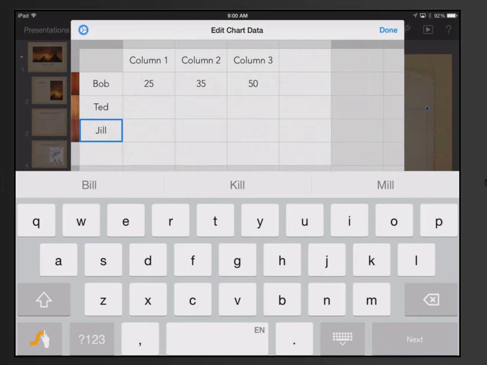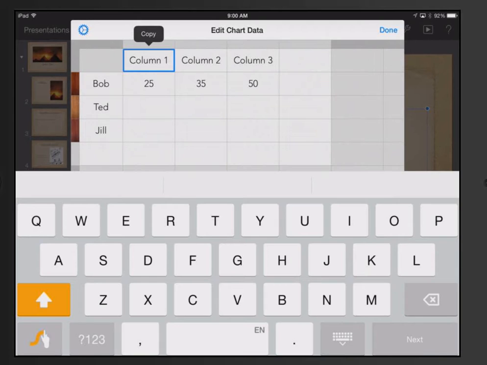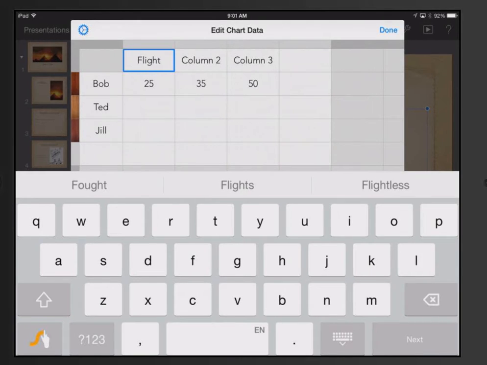Now I'm just going to cover the basics. So we got Bob, Ted, and Jill. Column 1, 2, and 3, we are also going to change the names of. We're going to call them Flight 1,